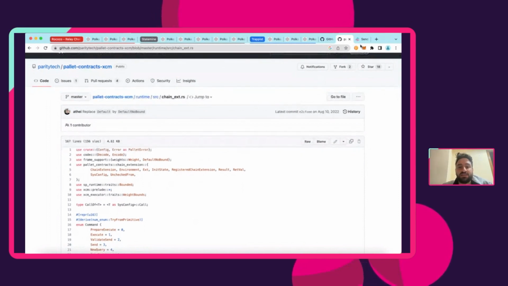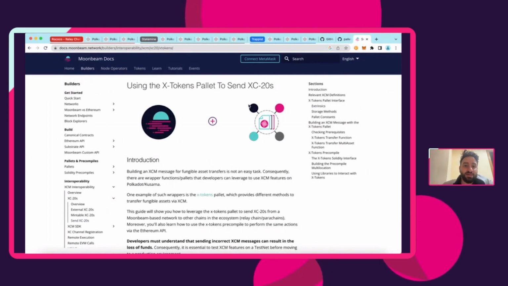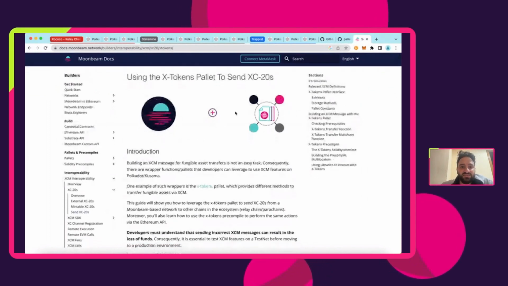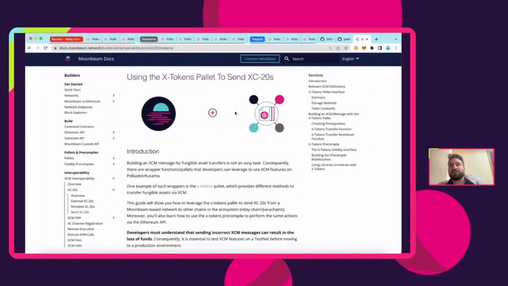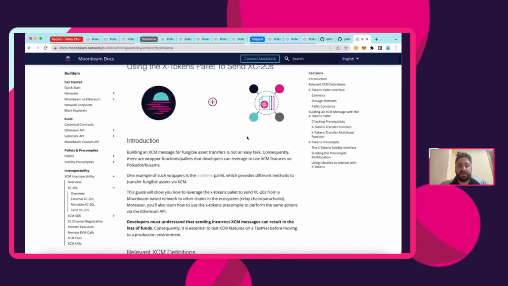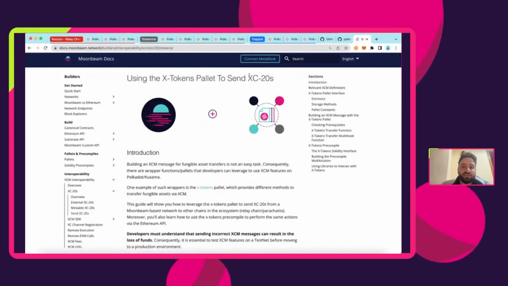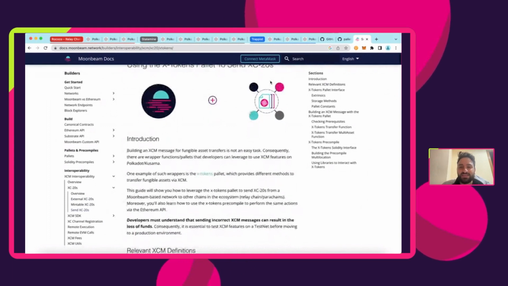And the other side, I basically talk about Solidity, and how Solidity can execute XCM messages. And honestly, that's something like, how can I say this? My personal opinion is that the Moonbeam Parachain is leading the efforts for Solidity and XCM. Okay, and they have developed this X-tokens pallet that allows to send XC20s. All right, and it's a very